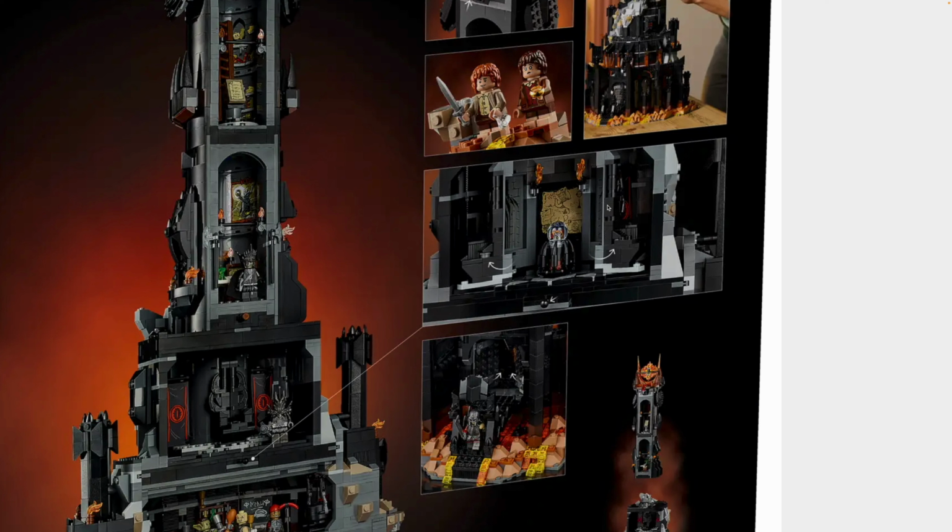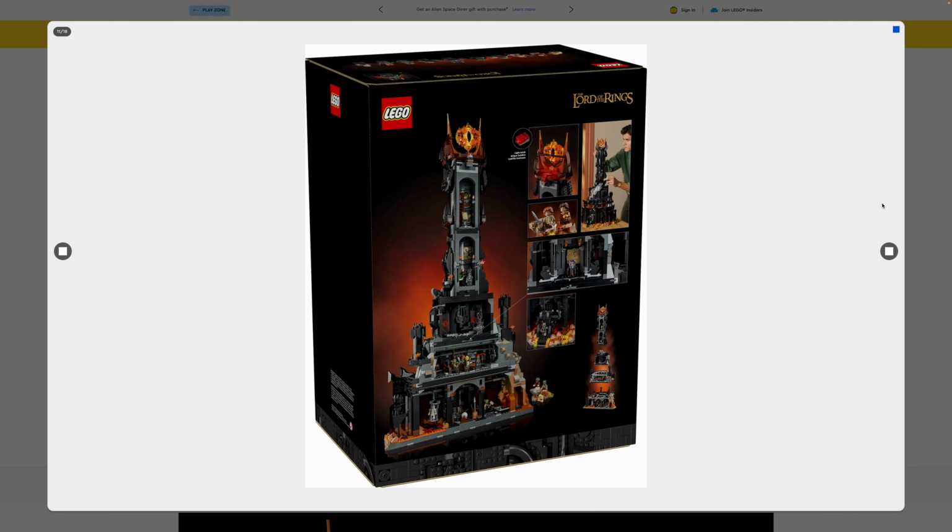I do not think I'm going to keep it displayed with the throne because I think that the splitting Palantir feature, and it's got like a bunch of stickers in there with a lot of detail, that's really awesome. I like that quite a bit. Moving on,